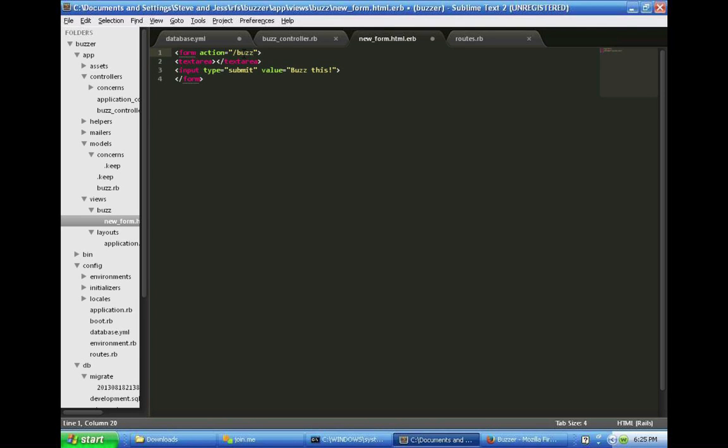What this is going to do is take what the person has filled out in this form and submit it to the /buzz URL. That seems a little bit weird because we've already used the /buzz URL. But what we're going to do is put another property into the form tag,